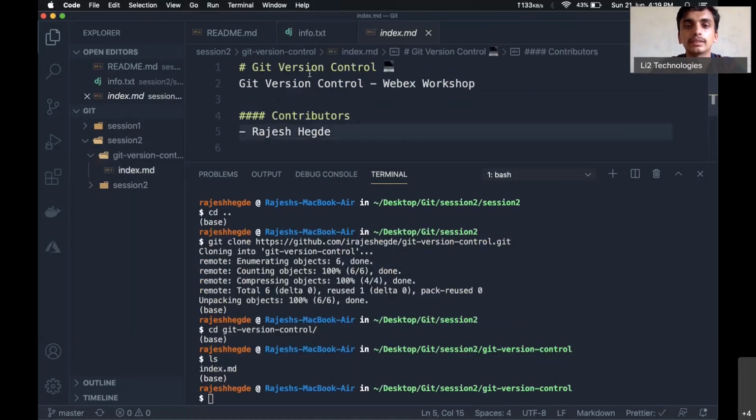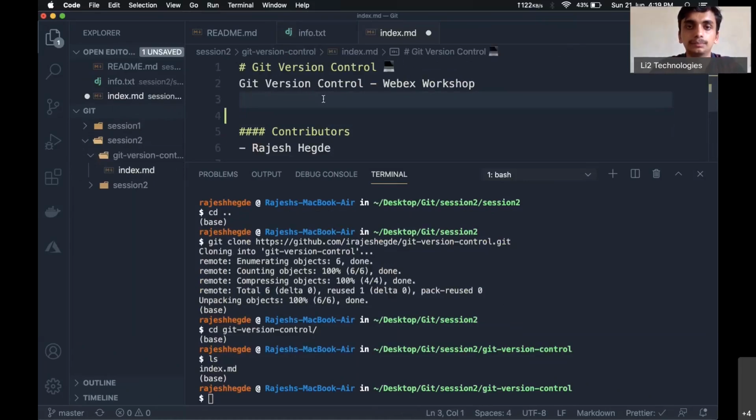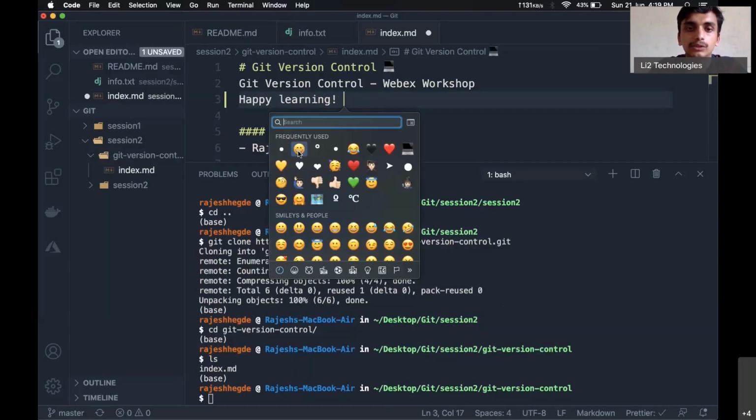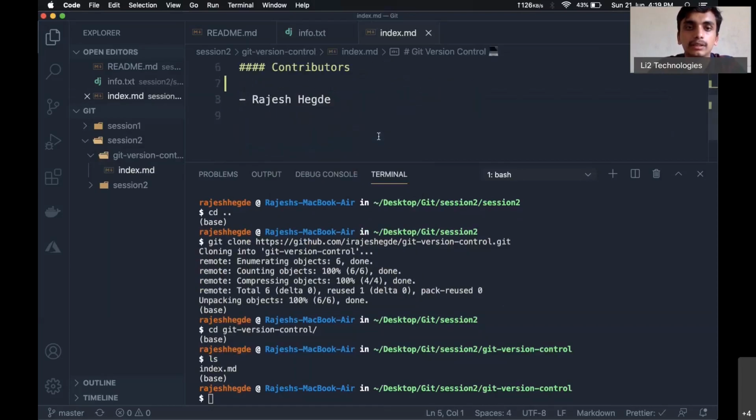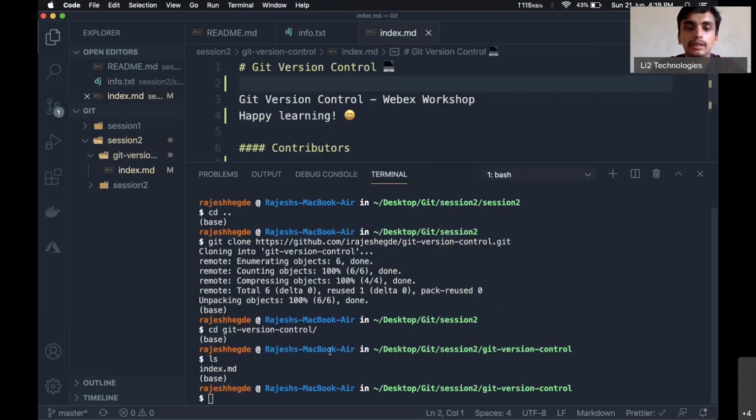Since my name was already there because I had given it for example, right now I will just add one more line in the above saying happy learning. And one more thing, Markdown files support emojis, so you can add emojis and you can document it very well, correct? And I have added it, and I can just